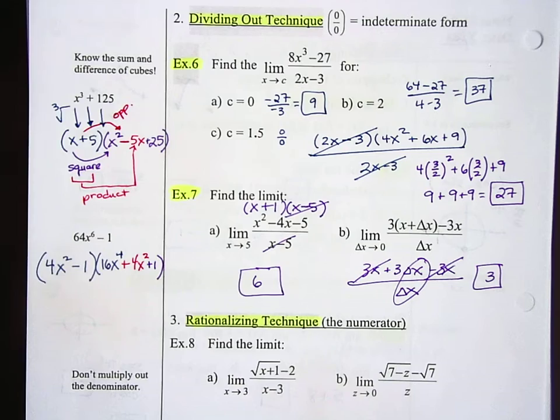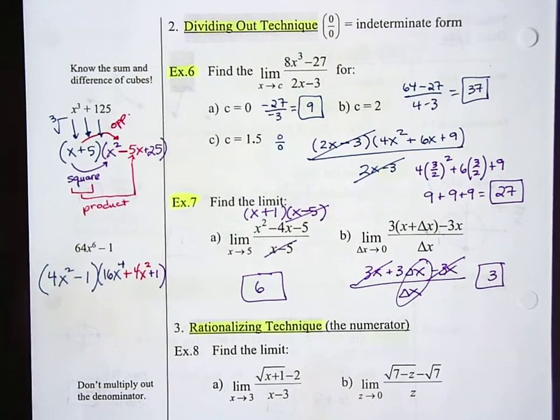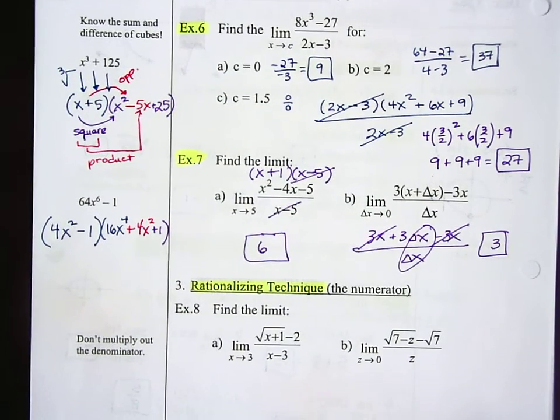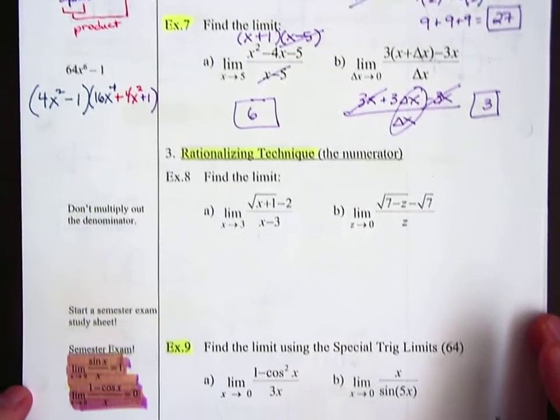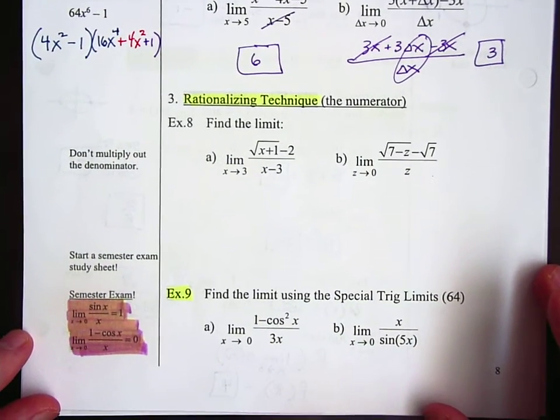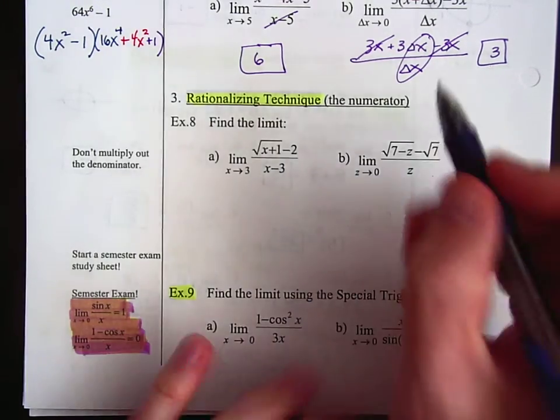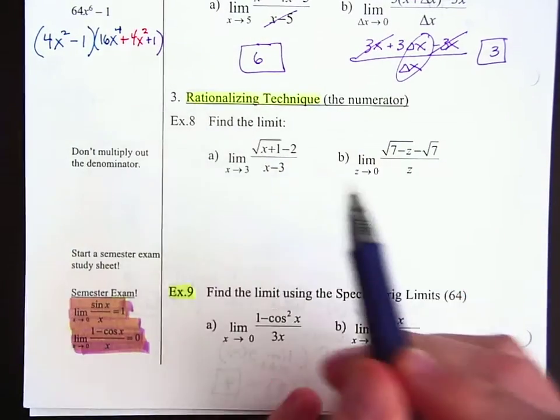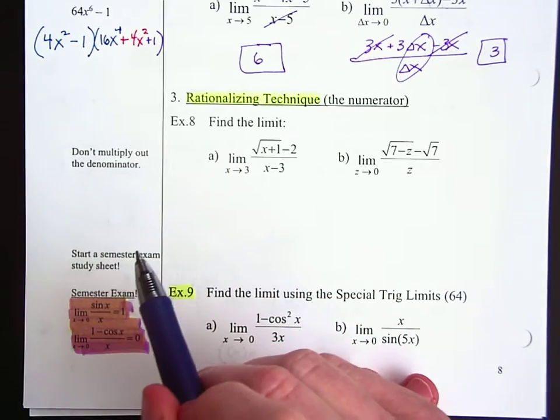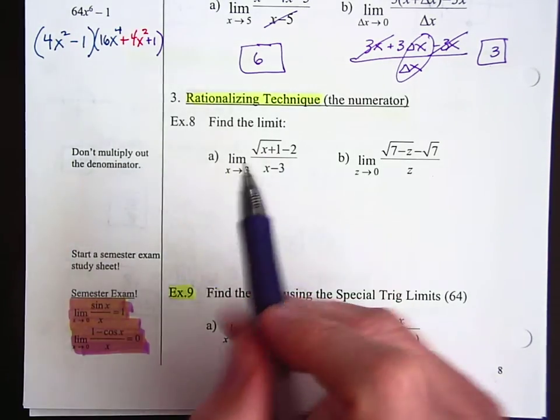Okay, now, so you want to look for those different types of problems. I'm going to have a direct substitution. I'm going to have a dividing out technique. I'm going to have a rationalize in the numerator technique. So you want to look at those. Okay. Be familiar with each type. We don't really use rationalize in the denominator in calculus, so you don't really need to rationalize denominators, but we